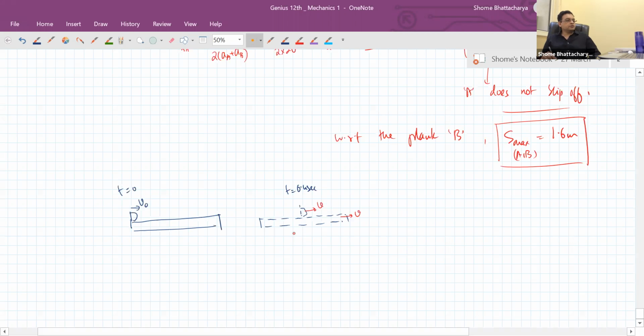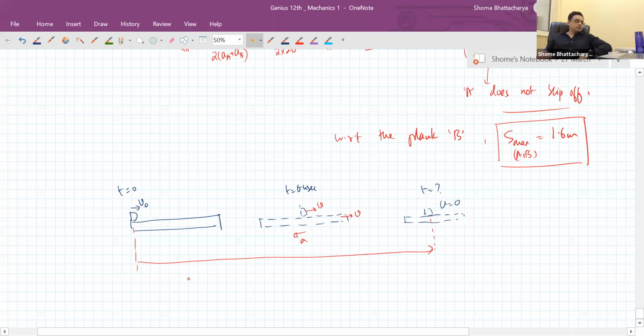Okay, and they have a common deceleration. So eventually, at some time, their common velocity is going to be 0. So this will be the maximum displacement of A in the ground frame. Okay. So you can see that